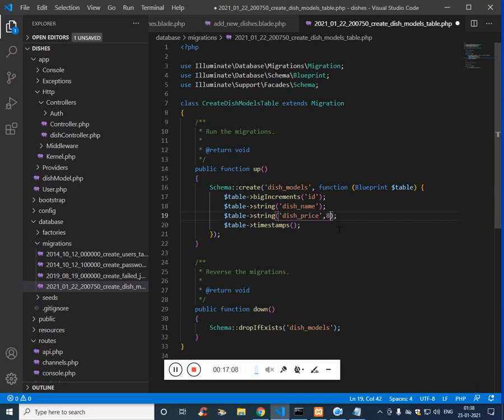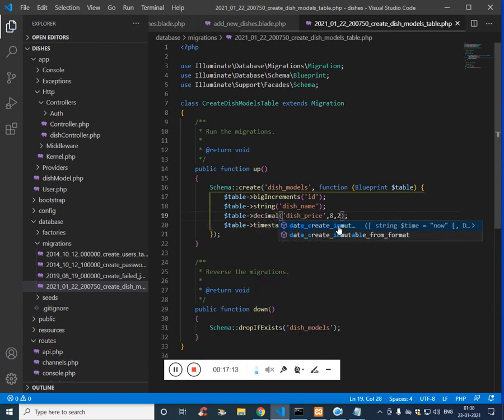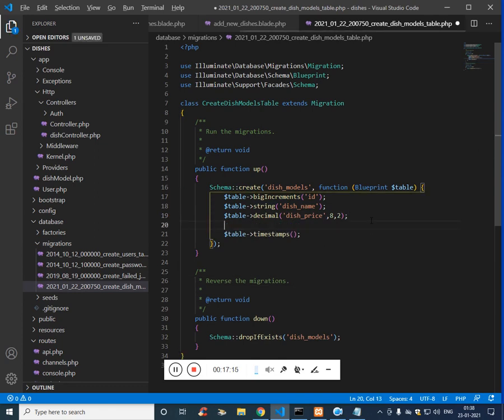price, which is simply a decimal with .00. And the third one is going to be the description. This is slightly bigger, so we'll use text, and here we'll call it dish_description.